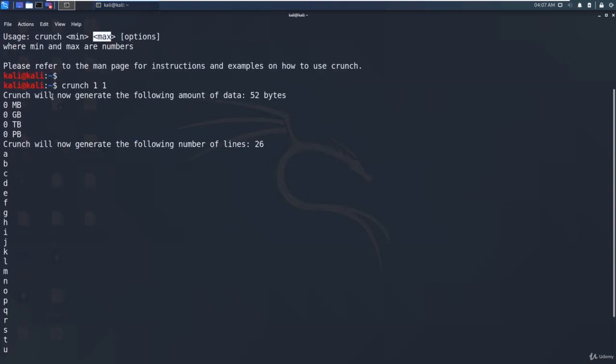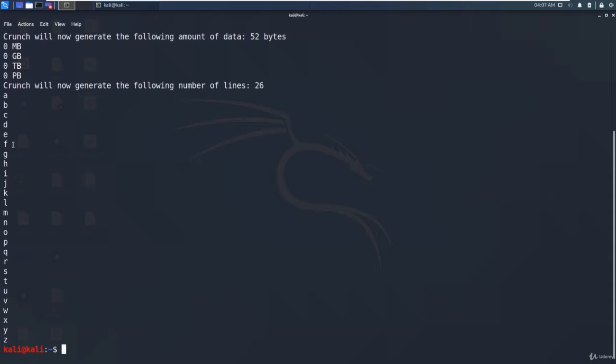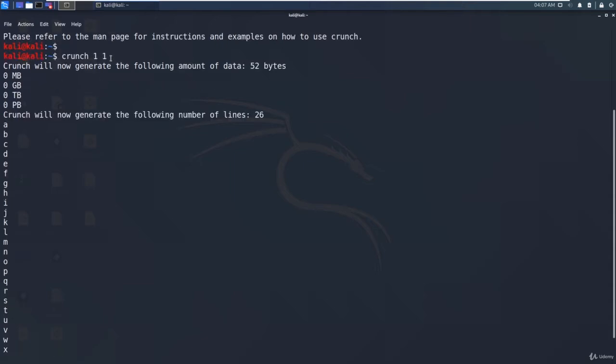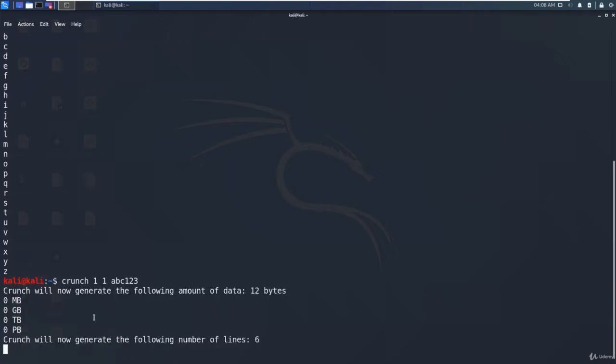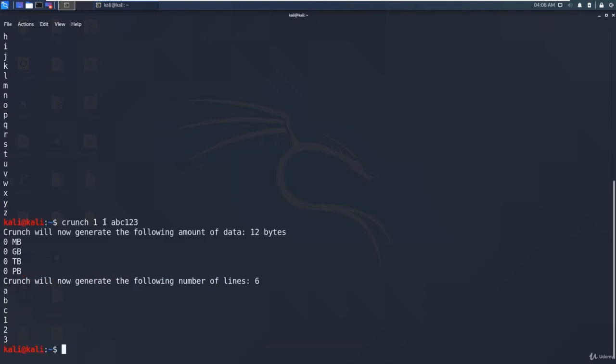Then by default it will create a word list with minimum length 1 and maximum length 1. You can see the maximum words it can generate is 1 and minimum is 1. As you can see here, by default it takes the alphabets A, B, C, D up to Z. So you can also specify numbers as well. If you want the combination of ABC 1 2 3, then you can create it like this. So the maximum values you can generate with these 6 characters with length 1 is 6.